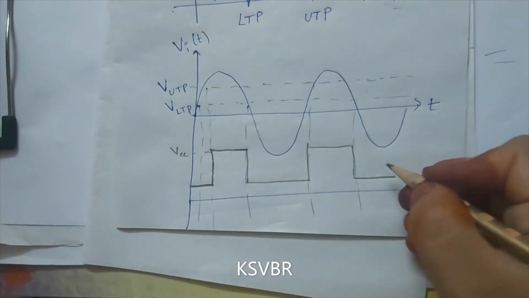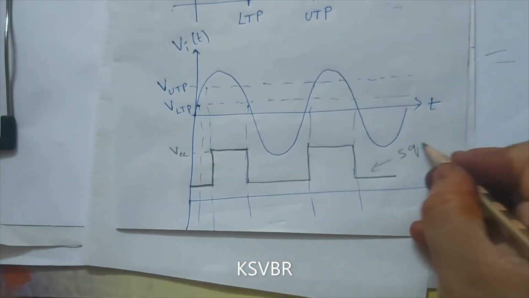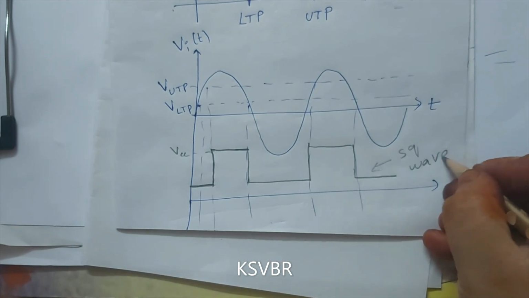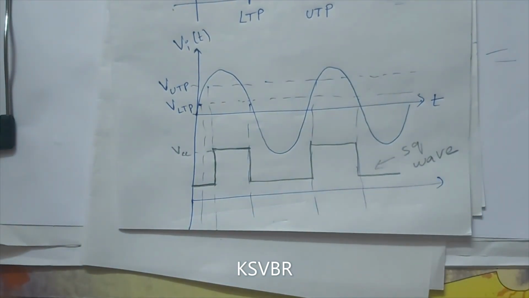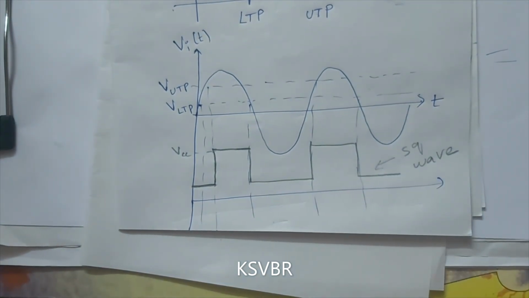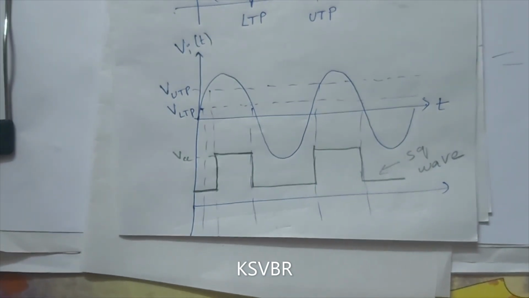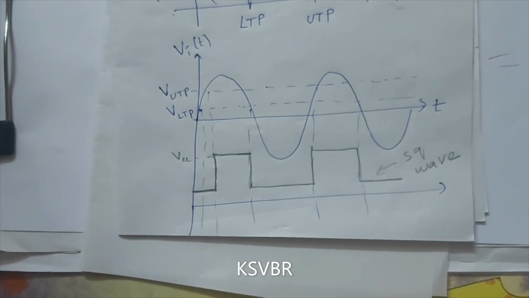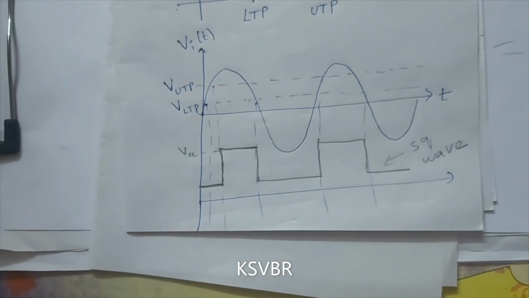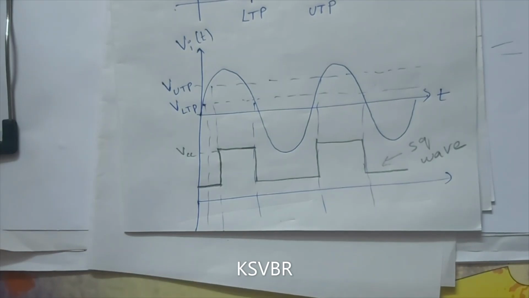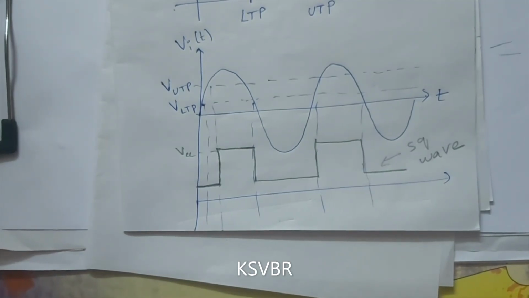If you observe, this is a square wave. So Schmitt trigger is a perfect squaring circuit. If you give any signal as input, it will give you a square output only. This is the operation of Schmitt trigger. Hope you understood this concept. Schmitt trigger is a bit more important than all multivibrators, and hysteresis is very important for 2 marks questions.